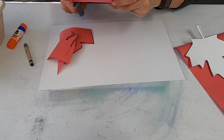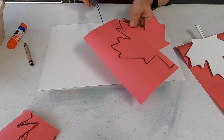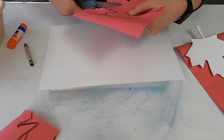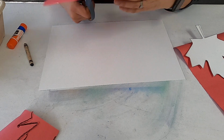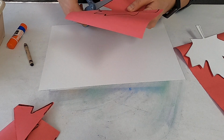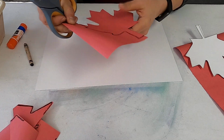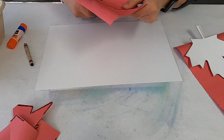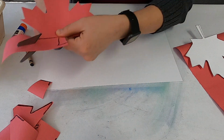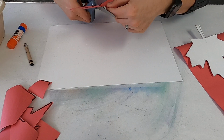I'm cutting on the inside. There. Remember to watch your fingers on the other side as you're cutting. And if you need some help for the little ones, if you'd rather do this part for them, or if you'd rather just draw it straight on here and they can color it in, you can do that as well. You want to make sure that you get all your little corners of your maple leaf. Okay, get the last bit of the leaf here